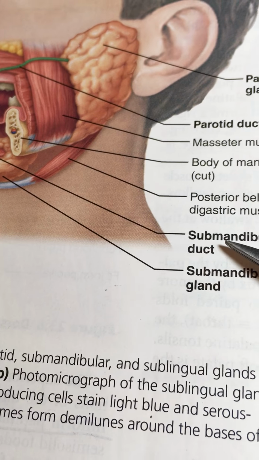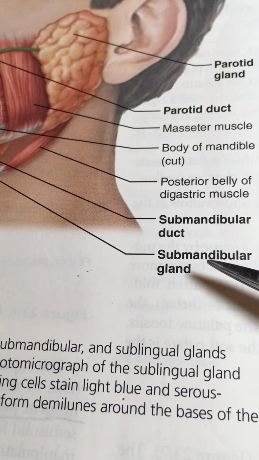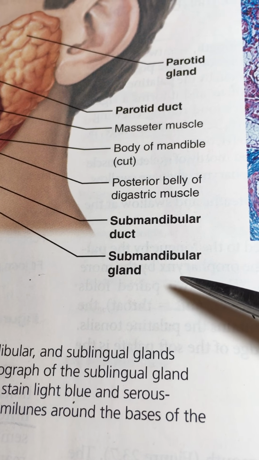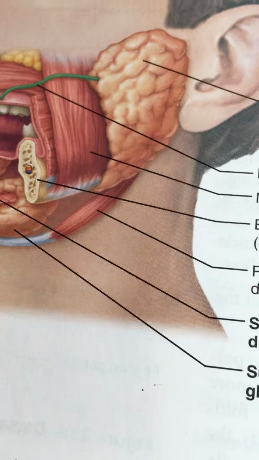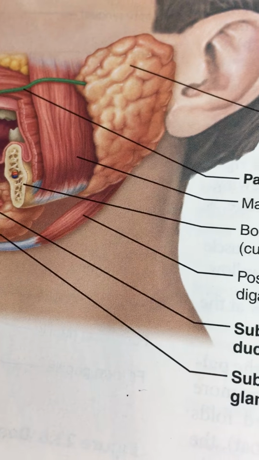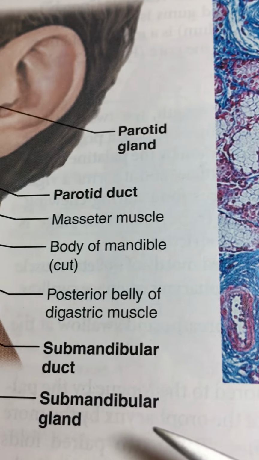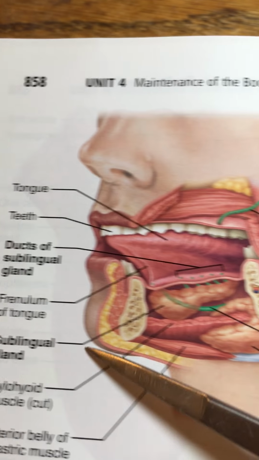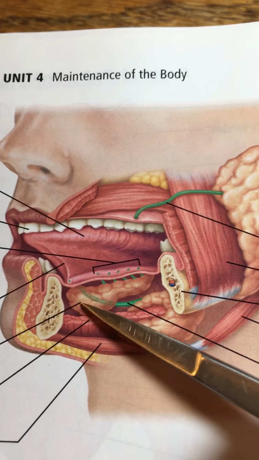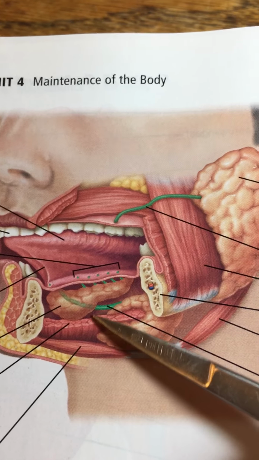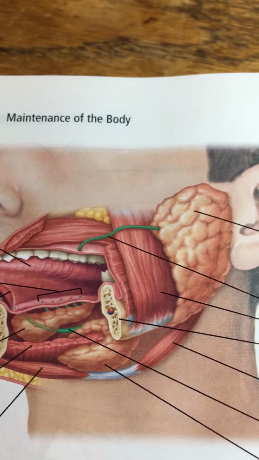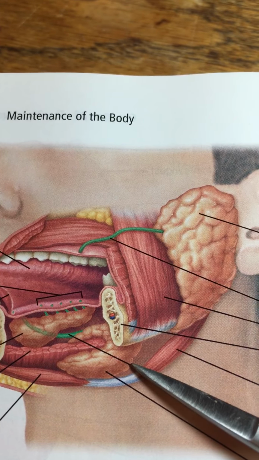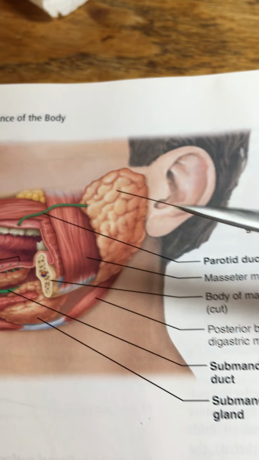Down here we have the submandibular and the sublingual glands. I see they're referencing the duct here along with the gland. And then over here, they're referencing the sublingual gland. So the sublingual gland in substance is beneath the tongue here, down at the floor of the oral cavity, whereas down here you can actually palpate this, and it's commonly palpated if somebody has a sore throat. So this is the